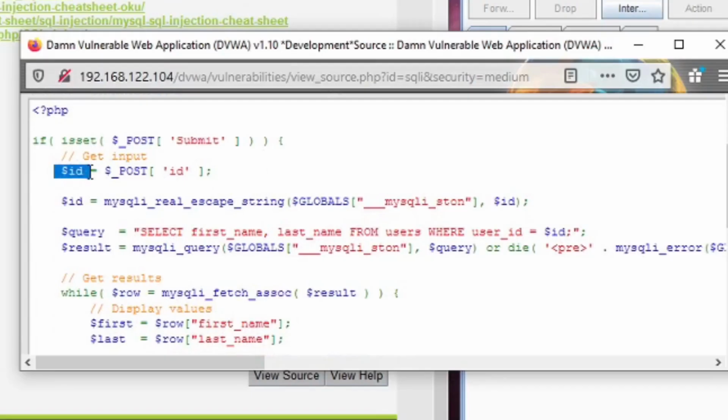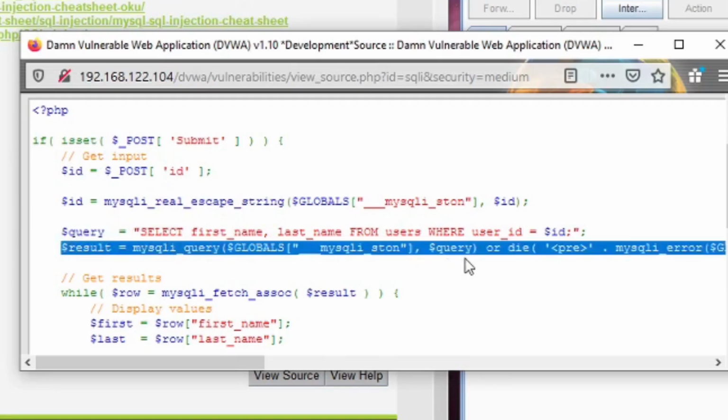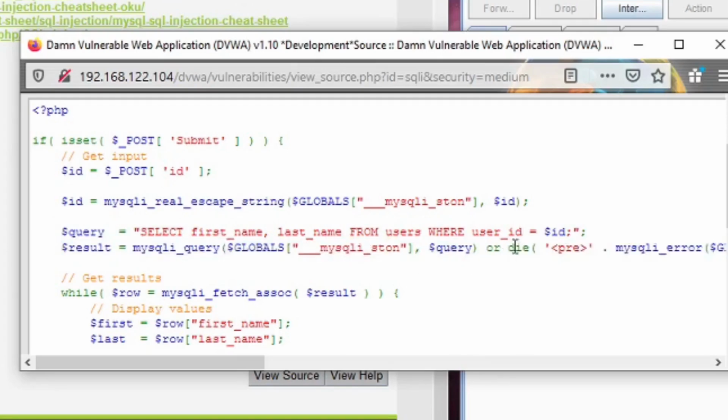This particular variable is getting the input that I am providing, and here the developer has done character escaping. So if I provide any single quote, apostrophe or something like that, it will be escaped, and now my input is added to this query and this particular line is executing my query. If there is any error, then this particular part will be executed and it will throw a SQL error.